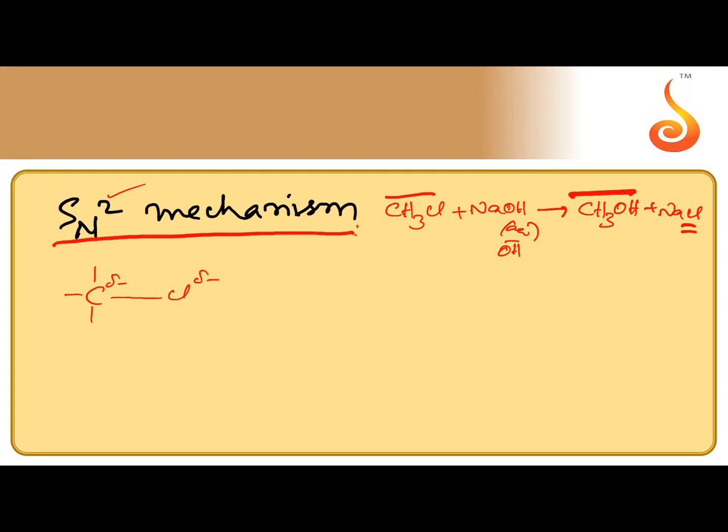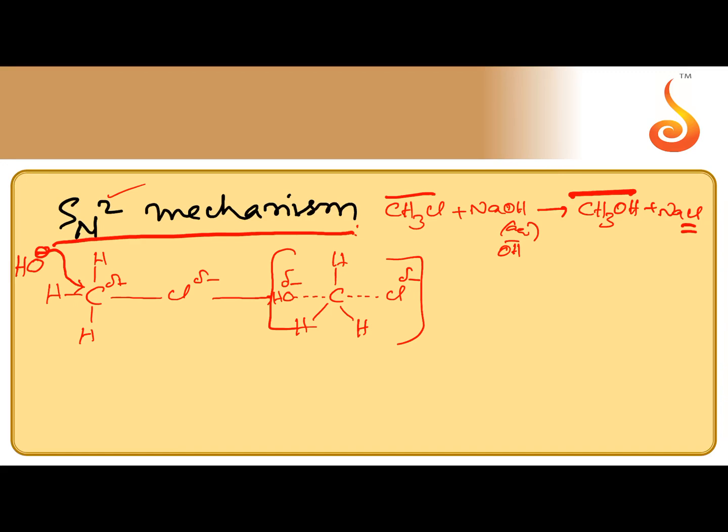Here the attacking nucleophile is OH minus, the leaving group is Cl minus, the substrate is methyl chloride, and the product is methyl alcohol. So then the mechanism: it is a single step process, but takes place via a transition state. The nucleophile OH minus, the attacking nucleophile, cannot attack from the side of the C-Cl bond because of the repulsion. So OH minus attacks at the electrophilic carbon from the backside, opposite side of the C-Cl bond. Then a transition state, a highly unstable state, is established. In this transition state, there is a partial negative charge at chlorine and a partial negative charge at oxygen.